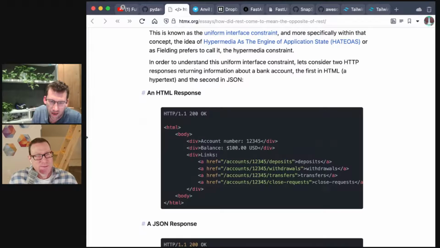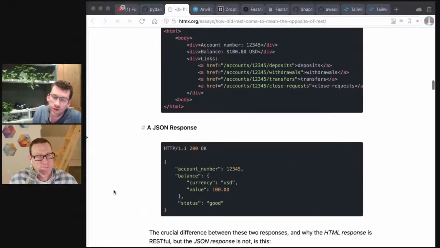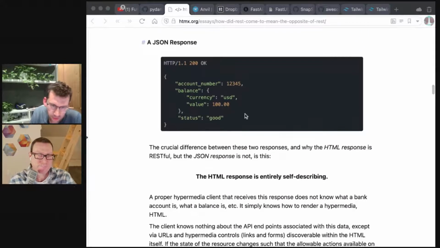So if you look at the traditional JSON response, which I think is the second one, you and I as humans can read this and say, yeah, that kind of explains my bank account and what's going on. It's got an account number and a balance, which is a more complicated nested object, and those types of things. We can read account number, cool, that's a number. Balance, yeah, that makes sense.